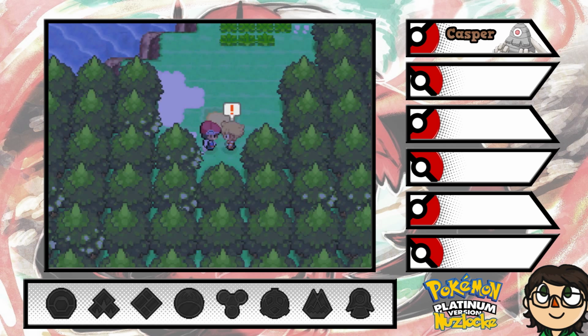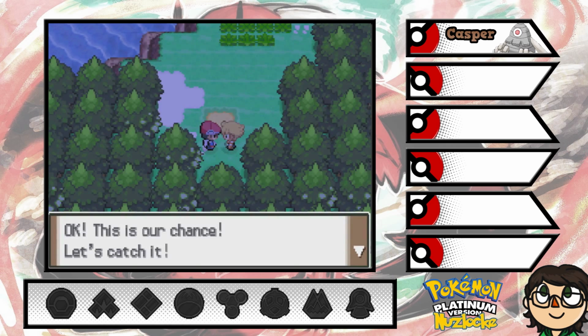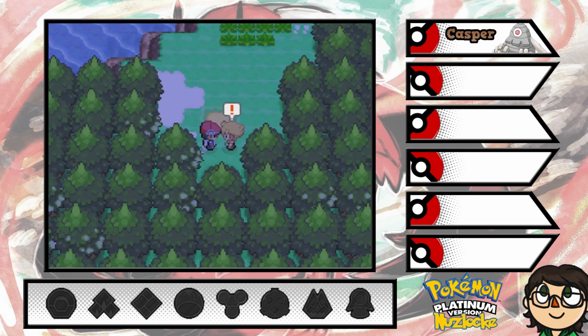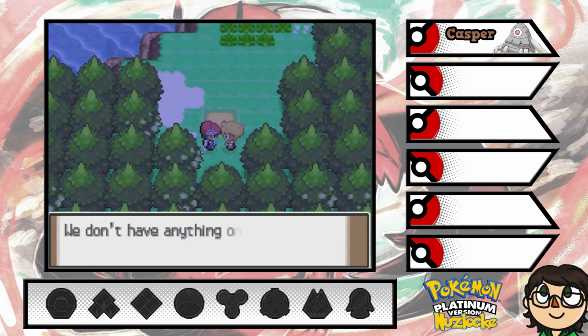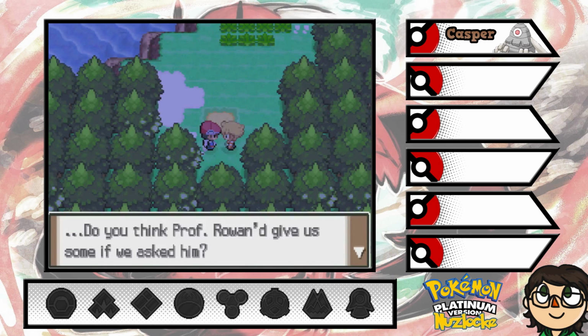Mate, you got it in your party? You had an Azelf. That was the exact sound. The Azelf is... This is the one... No, this isn't the one that Azelf is at. This is Mesprit. Uxie is in Snowpoint. This Mesprit is here. And Azelf is...